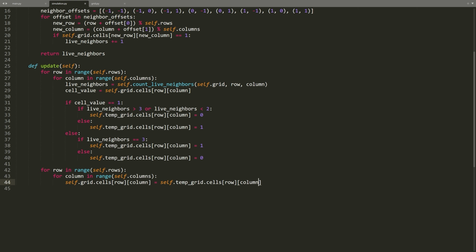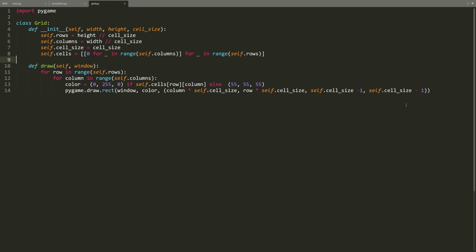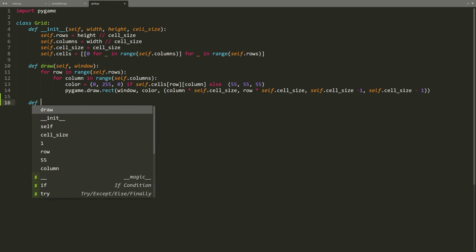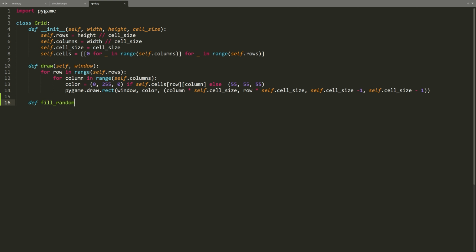Let's create a method that will assign random values to the cells of the grid. Let's create that method in the grid class. We open the grid.py file one more time. We type def fill_random(self):